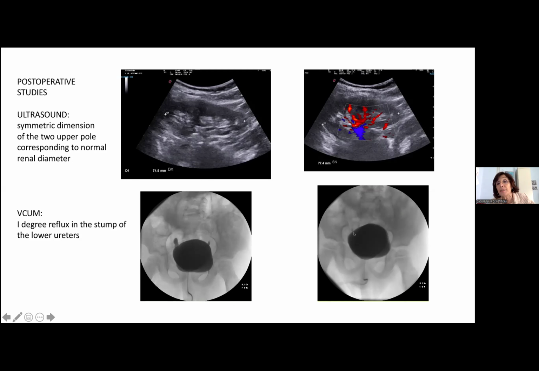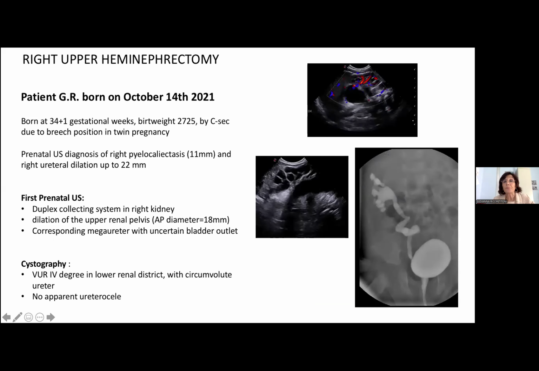This was another case where, as you can see, the stump is really not so evident. This case was treated by Mirko and me. This was a premature baby, 34 weeks of gestation, with prenatal diagnosis of severe dilatation of the pelvis and the ureter. Postnatally, we found a suspicion of duplex collecting system. At the cystogram, there was a 3-degree reflux in the lower moiety,